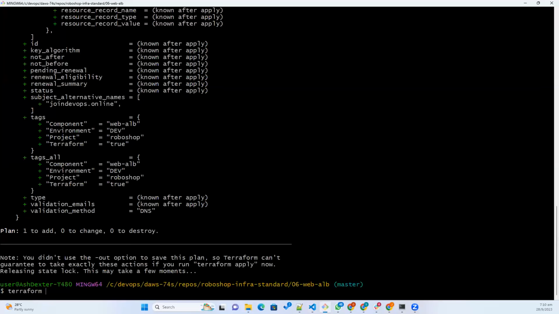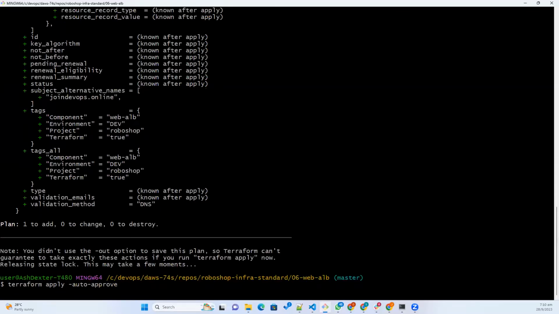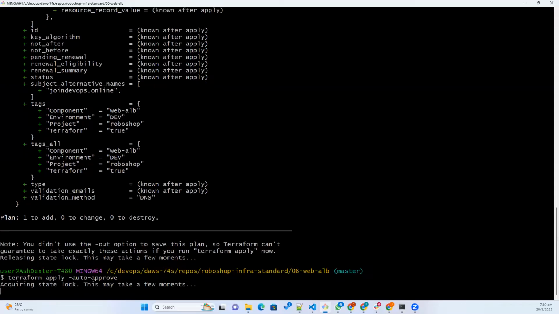Now let us apply. Terraform apply auto approve. Okay, when you are creating certificate, the domain should be with you. Otherwise, you cannot create the certificate. You need to prove the authority of your domain. Okay. So the next step here is,